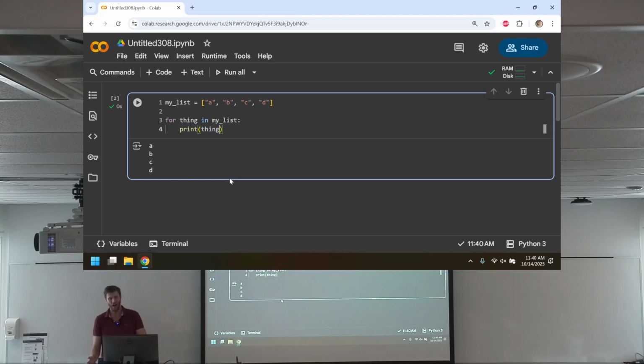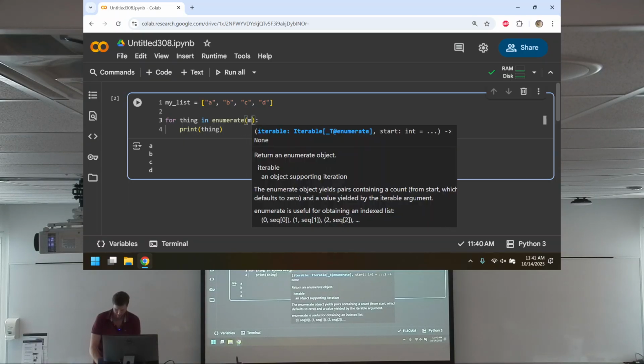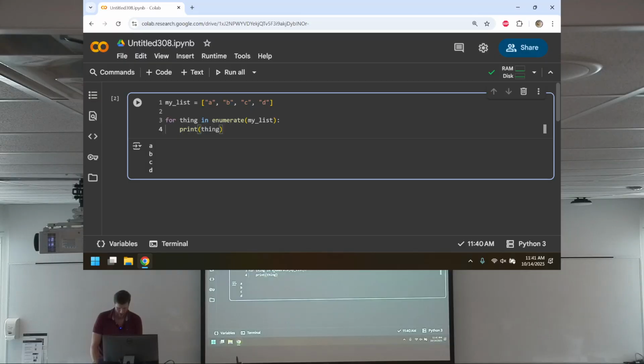But we saw that, well, that's great, but you remember how I did that linear search example where I said, okay, tell me if the thing exists. Okay, great. But now tell me where it is. And the problem with this style is I don't know what index each thing is. I can, by simply creating a counter and incrementing it every time. I could do that. But I also showed you that enumerate